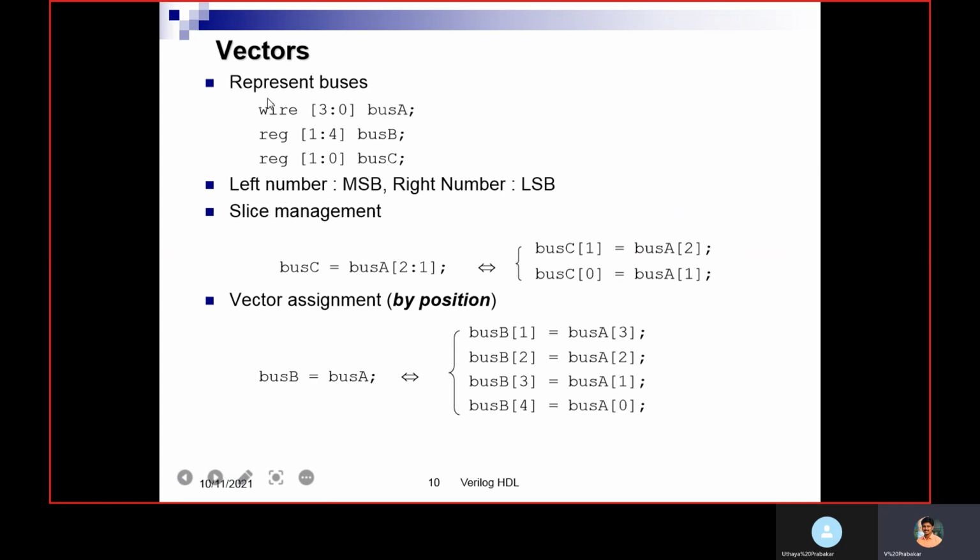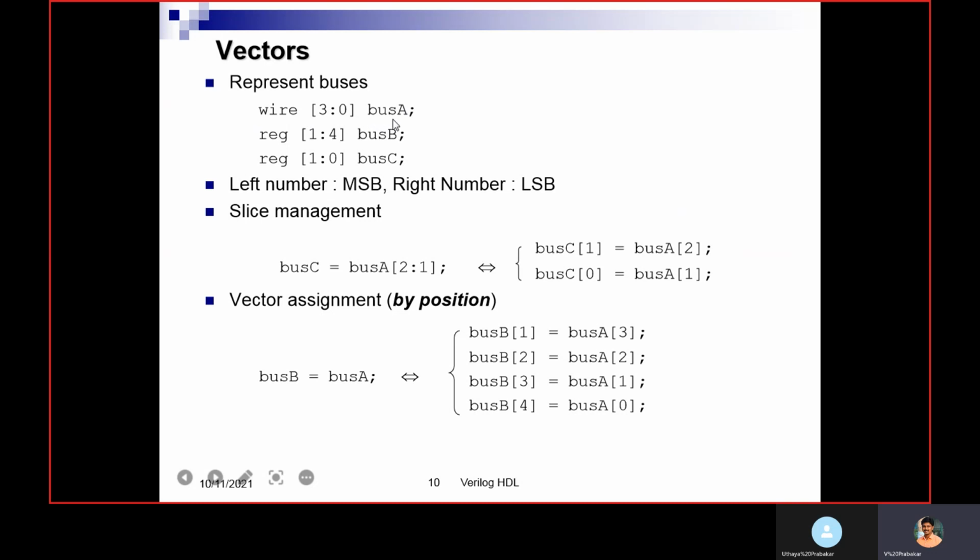Then vector representation. This is the way we can represent a vector. This is the variable, this is a type of wire declaration. On the left hand side of the variable, you need to declare the width.